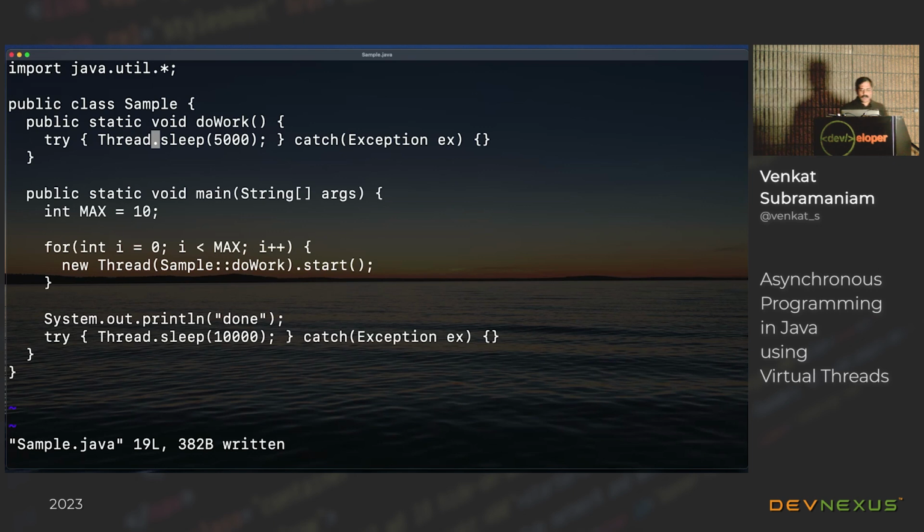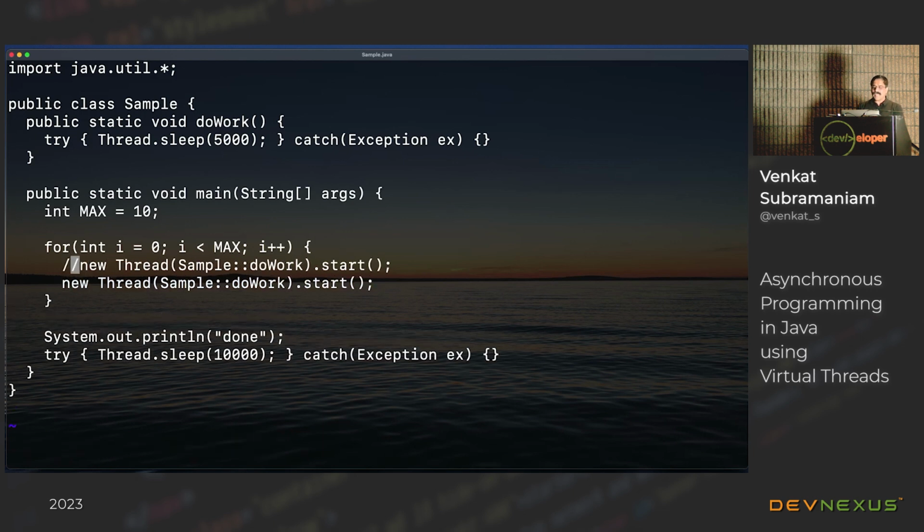Now notice, I'm going to go back to the code exactly as we saw here, and I'm going to make one change right there. So instead of calling the new thread.start, what I'm going to do here is to say a thread.start virtual thread. So I just changed the code. Rather than creating a thread, I'm creating a virtual thread. That's all I did here. And I'm not starting it. Why? Because it starts automatically when you simply call the start at this point.